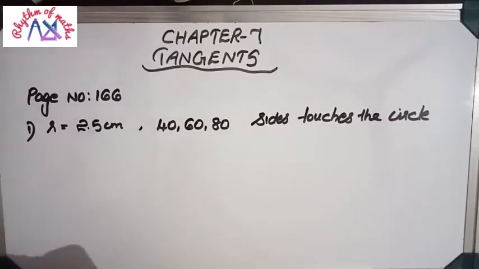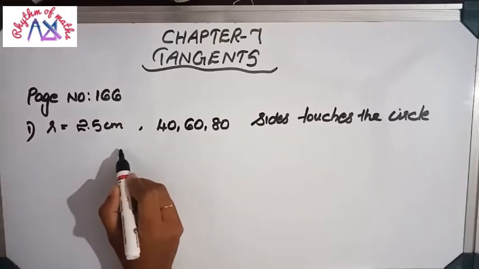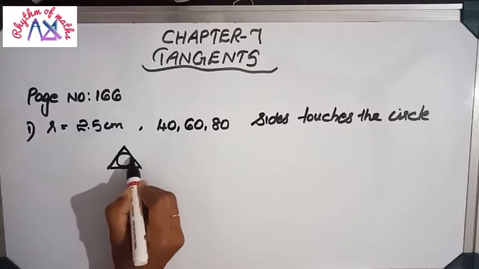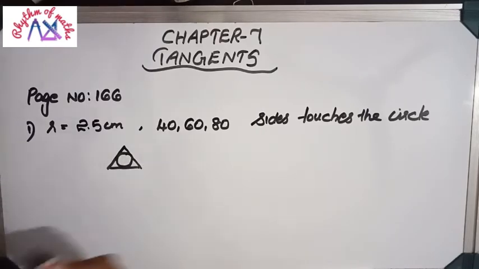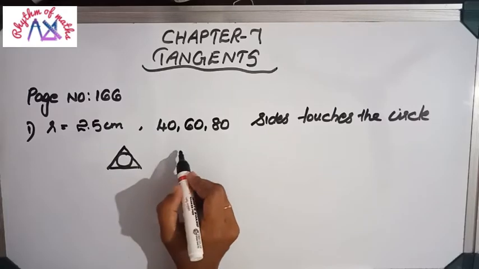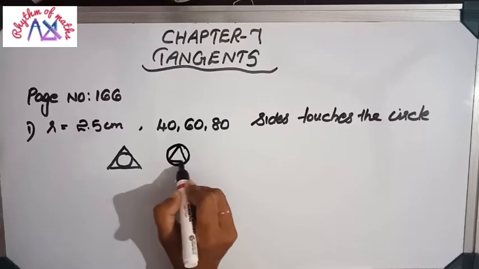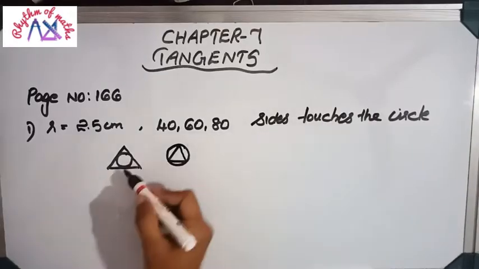Sides touch the circle means triangle will be inside the circle or outside the circle. Figure will be approximately like this. Okay, a triangle sides touch the circle means circle must be inside the triangle, then only side will touch the circle. This type of figure we need. Similar one we have learned in the chapter circles in the first term. In that section all the vertices must touch the circle. All the vertices touch the circle means circle will be outside and triangle will be inside, like this. In this case all the vertices touch the circle, but here we need sides touch the circle.